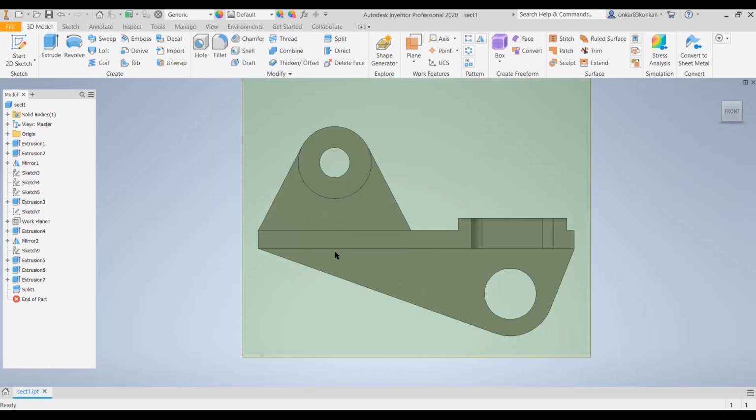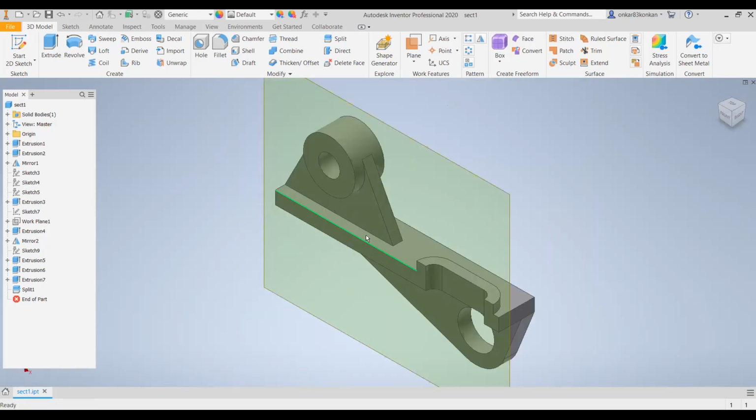Similarly, in the sectional orthographic projection, the part of this 3D object which is actually in contact with this section plane is to be represented by the section lines. Here you can observe this portion is in contact with the section plane. This portion also is in contact with the section plane. If you observe in the top view, then you can understand.